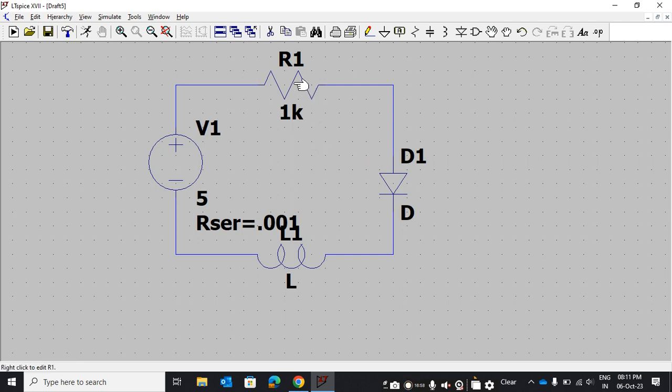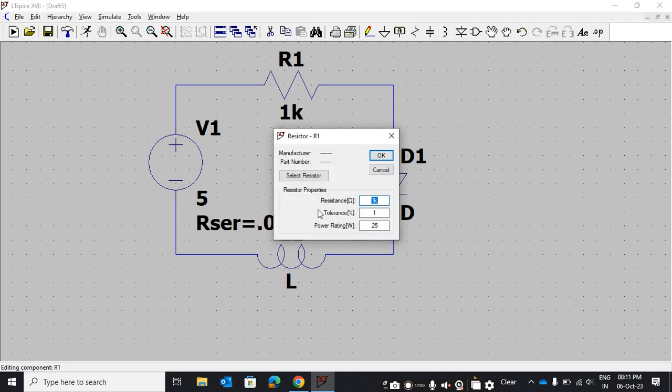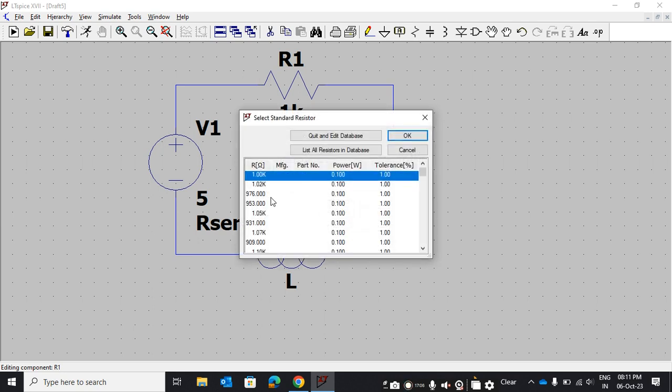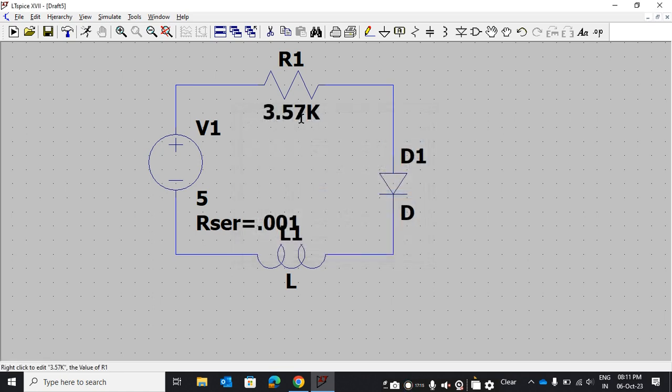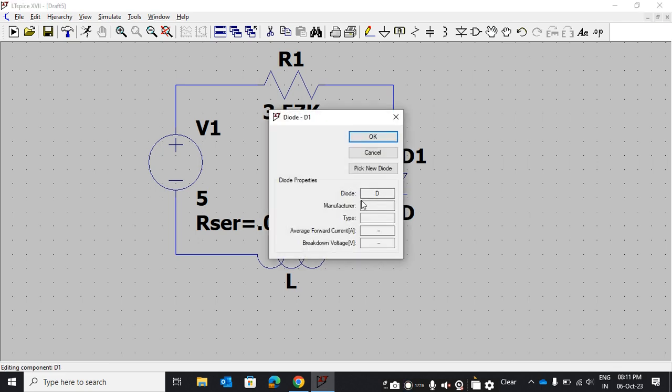If you want to change the value, again right click and you will get this window, and select resistor. From here you can get another value of resistance. Okay, so I select it, and it will change like this. Now the same thing for the diode. Right click on the diode.